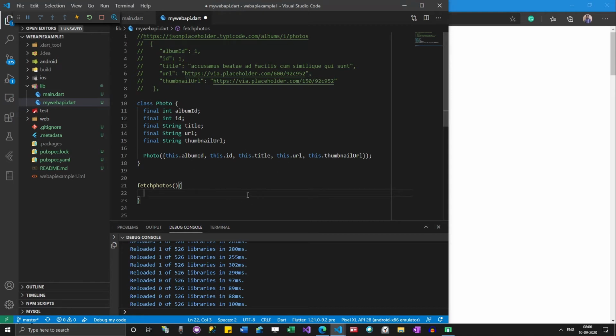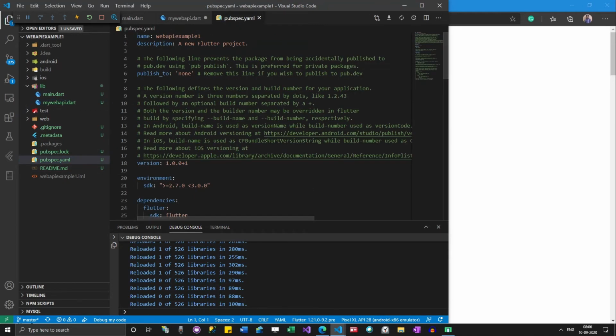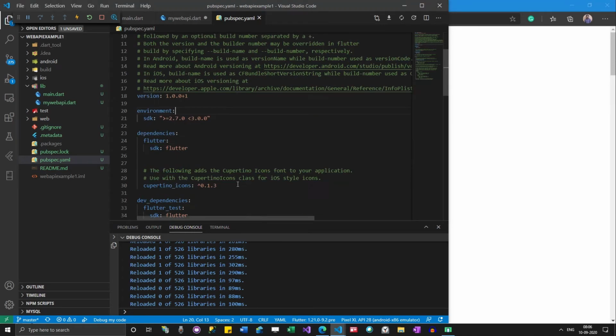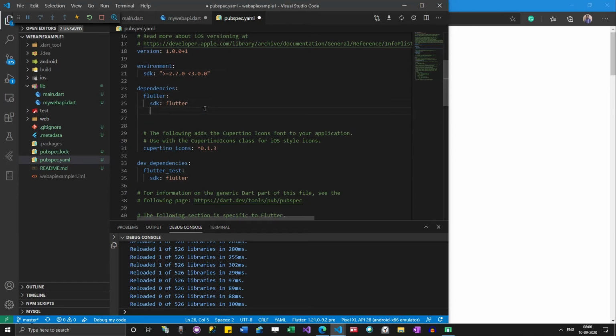For that, you need to use the http dart package. If you go to the YAML file, you need to add the http dependency. You might be wondering why I'm saying that we need some package to read a web API.